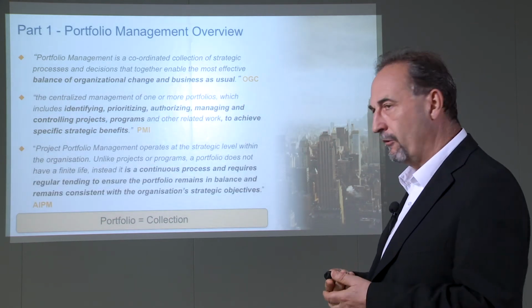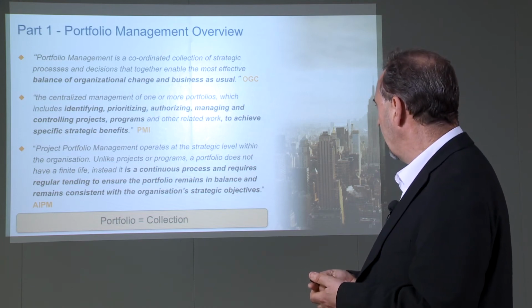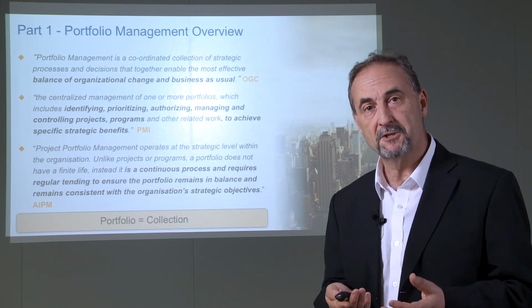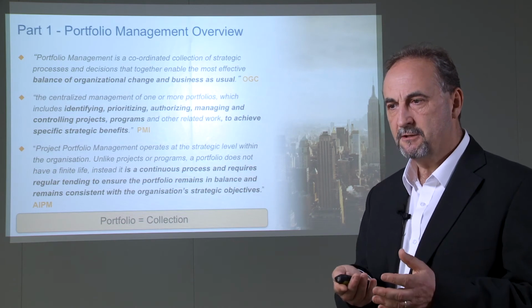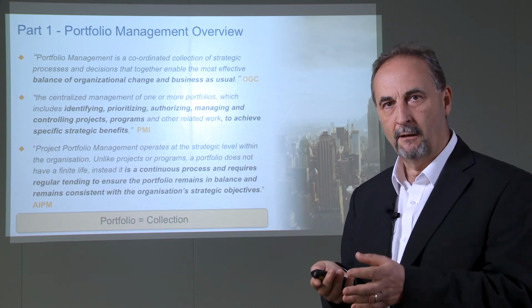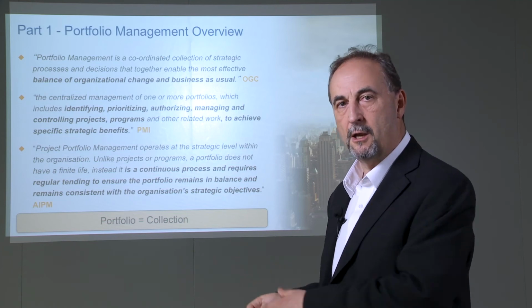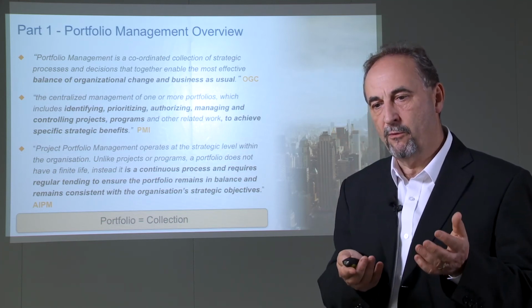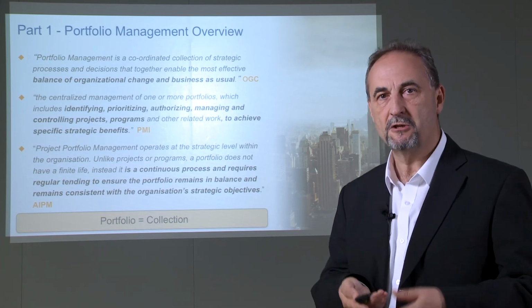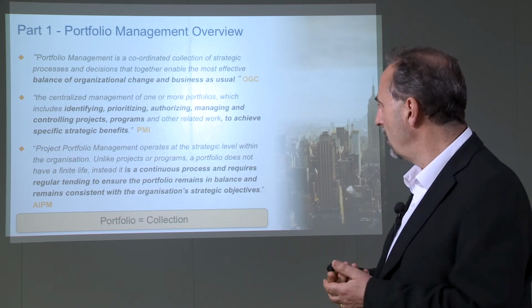And there's another definition there from Australia, the AIPM, the Australian Institute of Project Management. The key words there in bold are that it's a continuous process. Projects, again in theory, have a finite life. They have a beginning, a middle, and an end. The same with programs: we have initiation, delivery, and closure. There is no closure with the portfolio. The portfolio is an ongoing activity. As long as we're managing change, as long as we're engaging in change, and all organisations are, the portfolio is an ongoing thing,